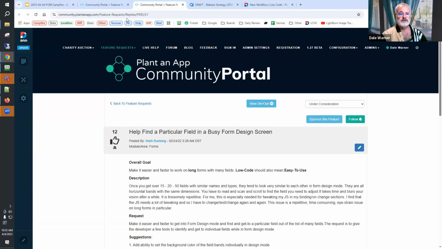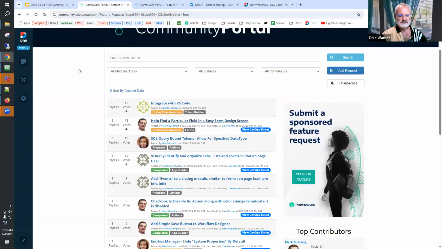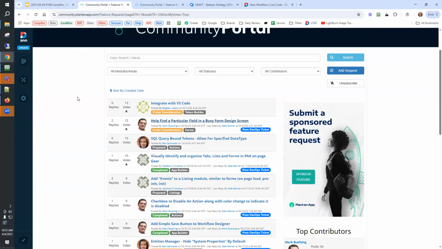Doing that to make notes, okay? I resubmitted a feature request a couple of days ago that is the same line of thinking, but it's actually in a list of actions in an action stack.